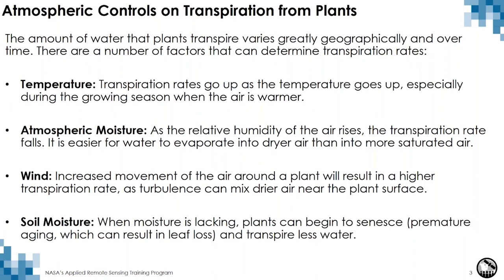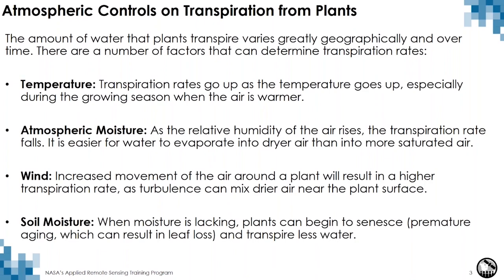The first one is temperature. Transpiration rates go up as temperature goes up, especially during the growing season when the air is warmer. So during the cold season, even when you have active vegetation, the plant does not release as much water as in the warm season when you have hotter conditions. And this goes with the atmospheric moisture part. The second control is that warmer temperatures can hold more moisture, but also the amount of